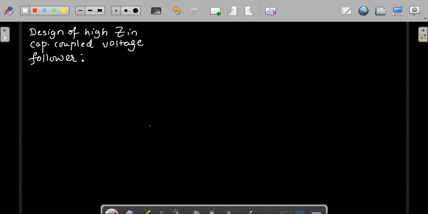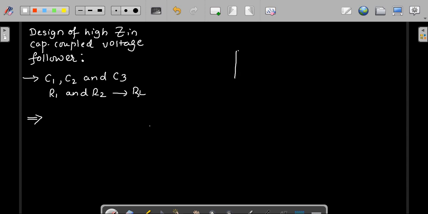So now when I speak about this, you need to design for the value of C1, C2 and C3, and also the values of R1 and R2. Of course, the load resistance RL will be given to you, right? So let us go ahead like this. This is very simple now.